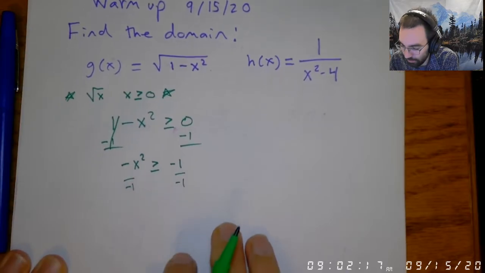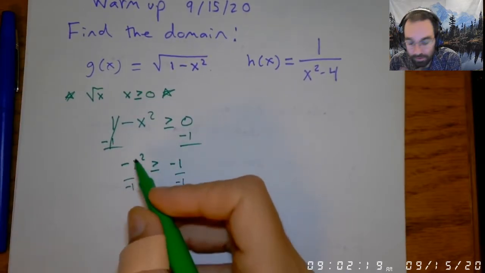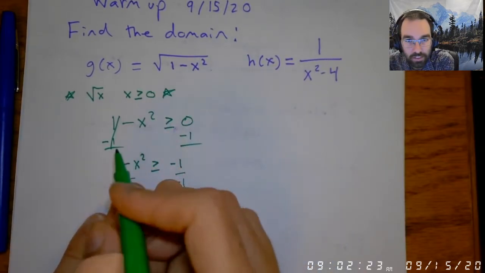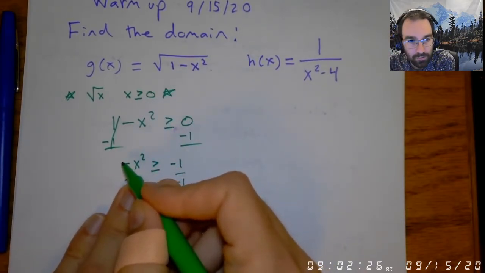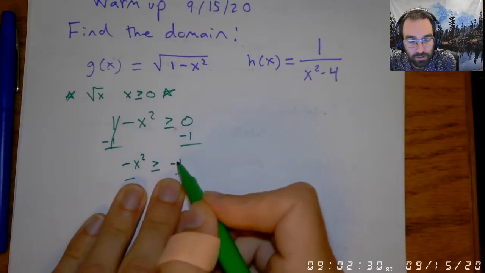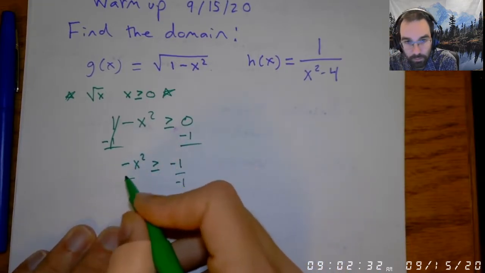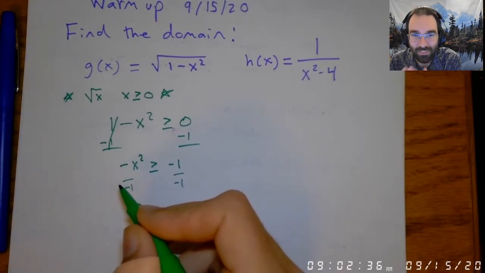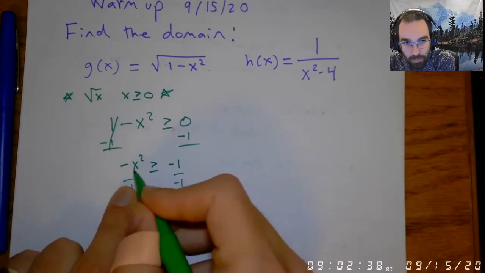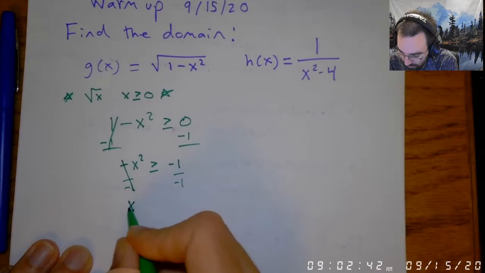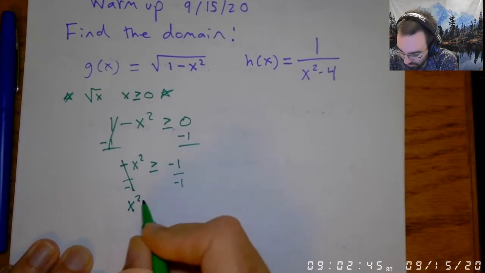my other class asked me a great question here. Why do we flip the inequality sign? A way to teach you this without actually teaching you is to think of negative as opposite. So we're thinking of the opposite of x squared is greater than negative 1. If I get rid of that negative, then it's the opposite of the opposite. So this is saying the opposite of this is greater than this. If we get rid of the opposite, then we have to change the sign,